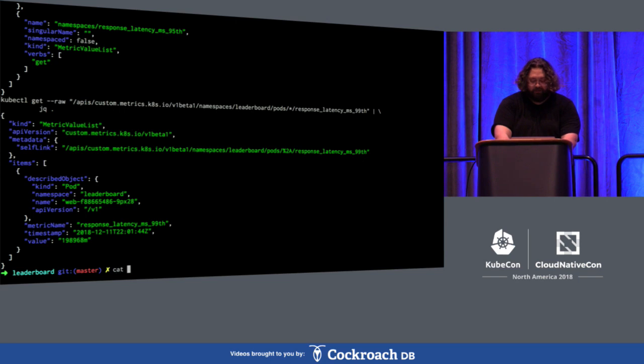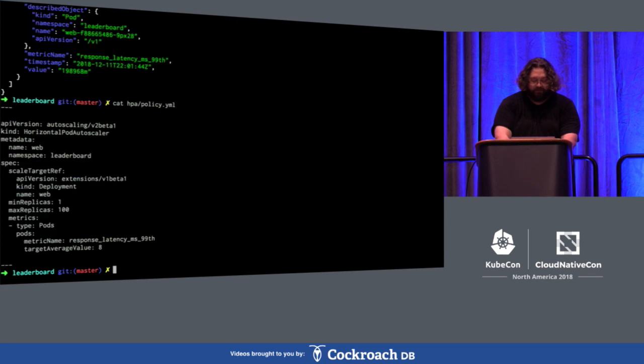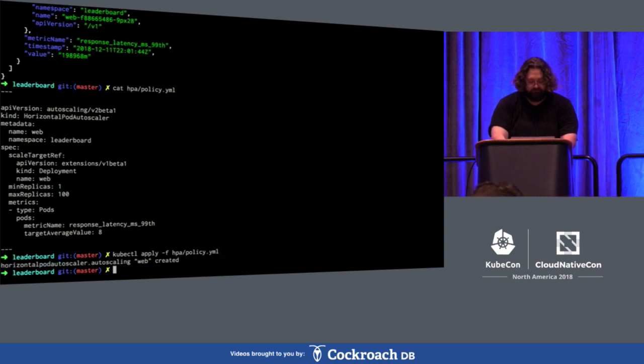And to do that, what I'm going to do is first show you what the policy looks like. So here we have an HPA resource. And I'm saying I want a min replicas of 1, max of 100, and target 8 milliseconds. I'm going to apply this, and we're going to see some autoscaling happening. So while that is doing its thing,